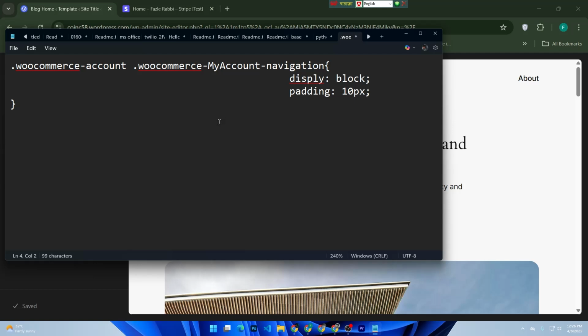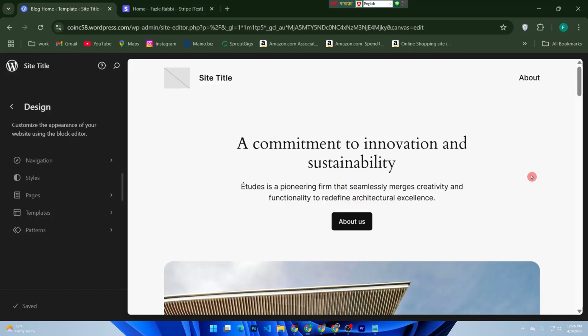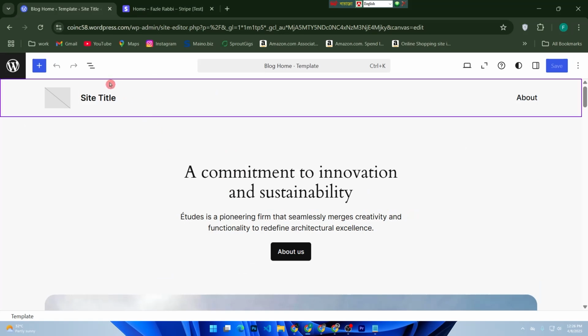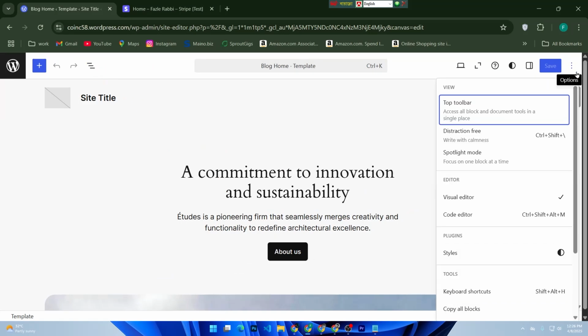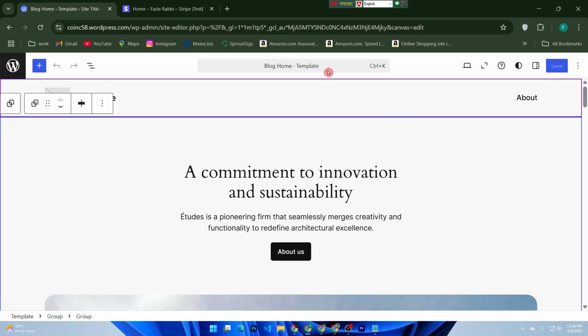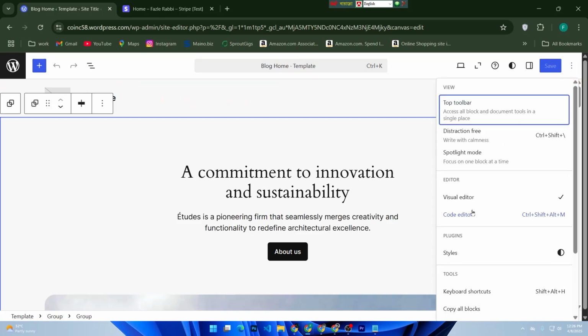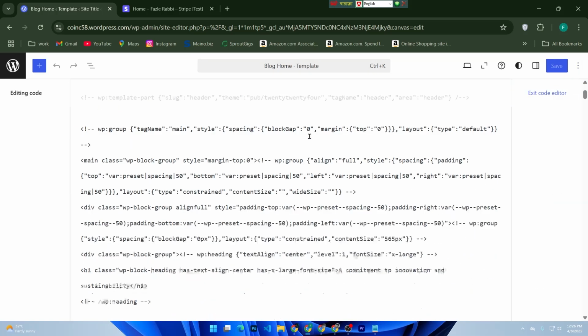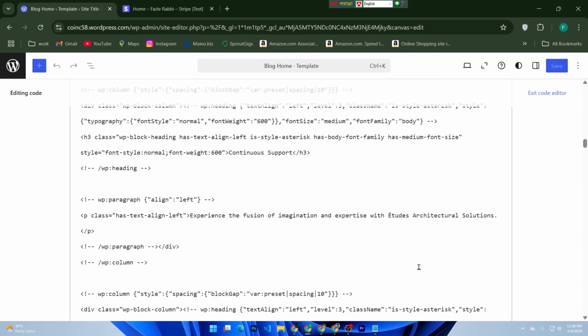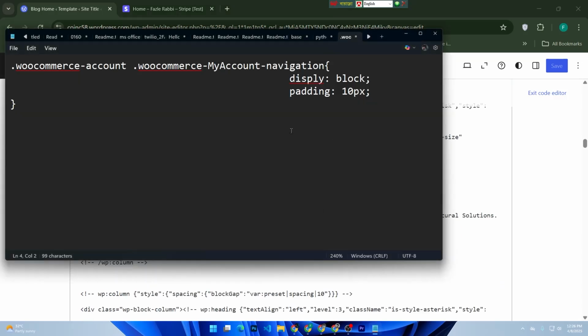Go to your WordPress dashboard, then Theme Editor, and on the right you will see the functions.php. Then in the code editor, write this code,